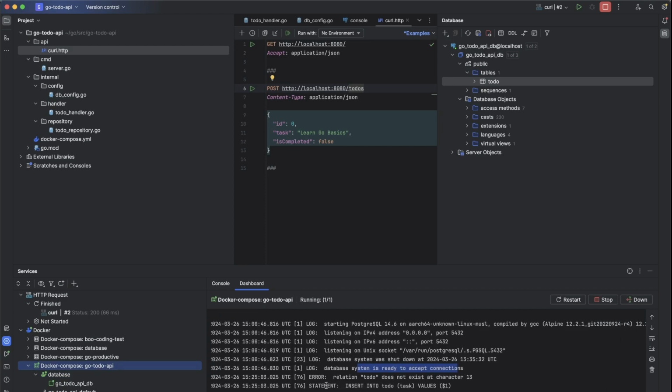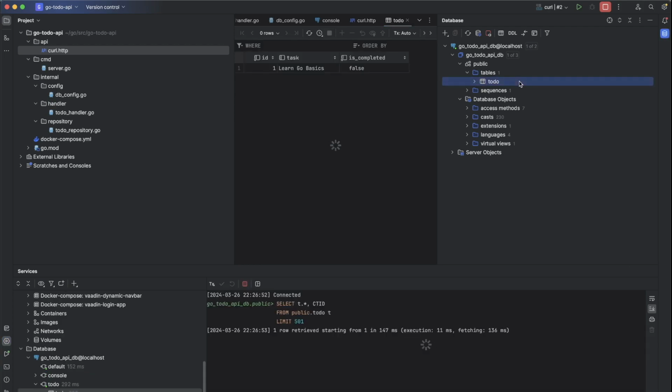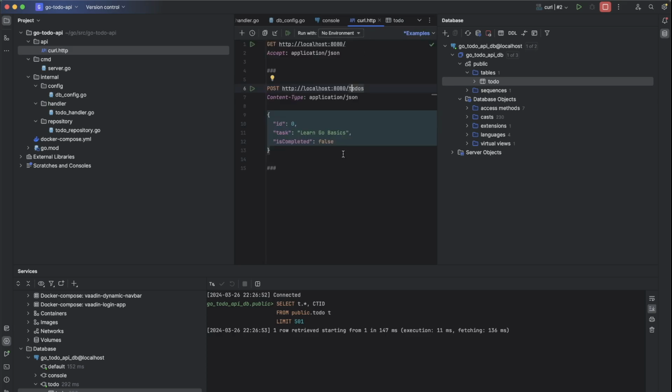Okay, there is no error. So let's see in our database. Okay, our first data is already present in here. Let's try to call them via get API, GET localhost 8080 from the to-dos.